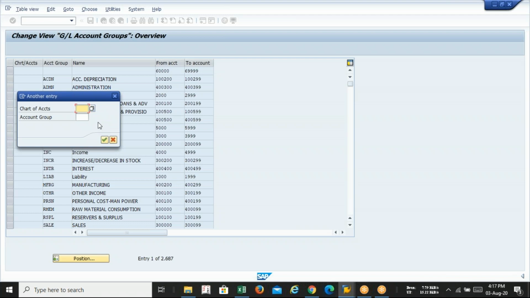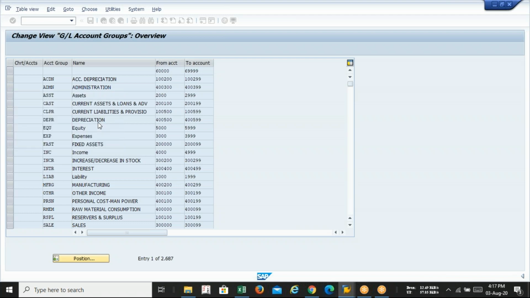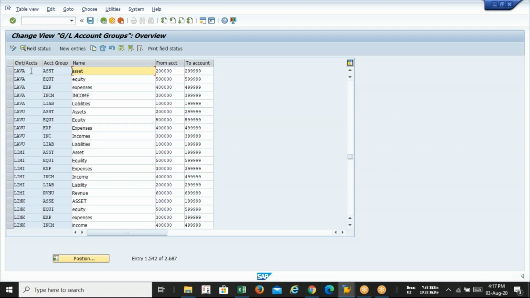My chart of accounts is LAVA. So guys, you can see that in the LAVA chart of accounts, I have these five accounts groups. Don't you think this information has been entered by the user only?